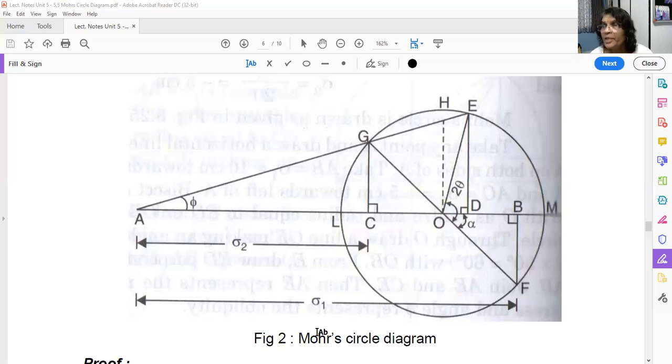Understood? Now, one more thing we have to find out. What is the plane on which principal stresses are acting? Because we know we have located point F. Now, M is the point of maximum principal stress. F is the point of that vertical face. So, what is the angle between this principal stress and this one? See, this is alpha. Okay, so alpha represents the principal plane angle. Of course, half of that one.